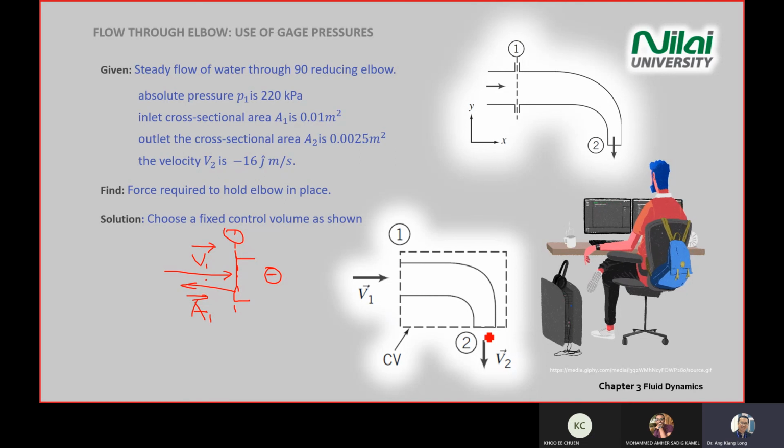Then you look at section 2, you draw the control volume section 2, you draw the opening. So this is 2. So opening, always the area always pointing out, area 2. However, you need to look at the velocity component based on the diagram. So the velocity going out like that. So by looking at the two arrows here, you know that the product of V2 times area 2 will give you a positive